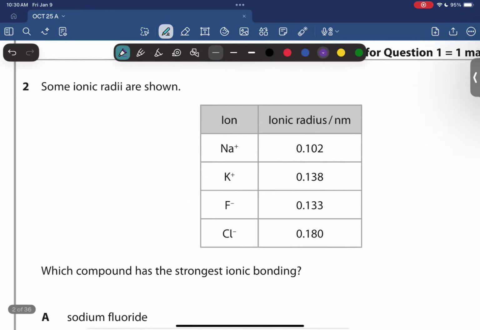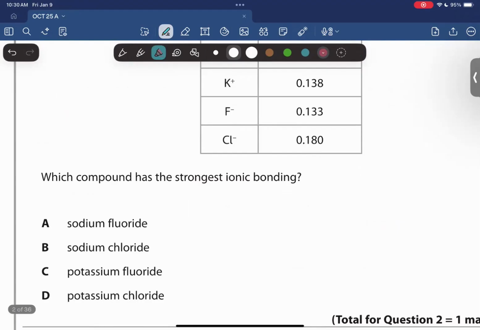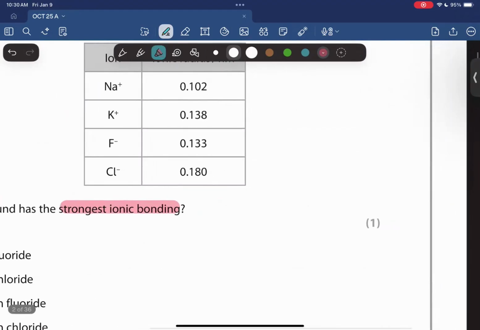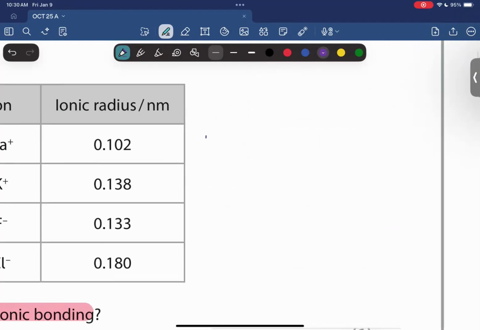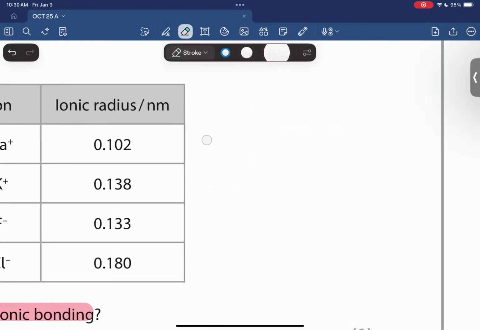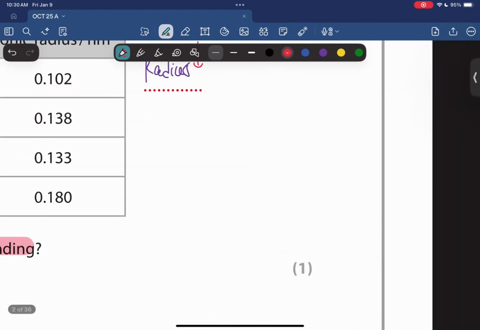Some of the ionic radii are shown. Which compound has the strongest ionic bonding? Okay, so for something to have the strongest ionic bonding, we basically need to know that the radius should be the least. The radius should be the least. Why? This is because